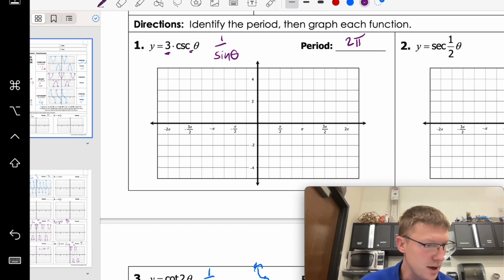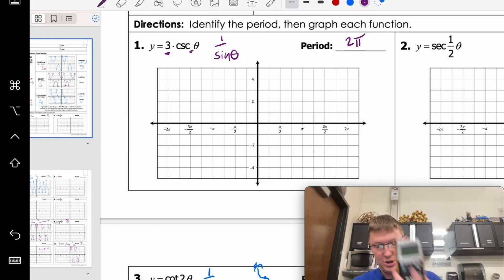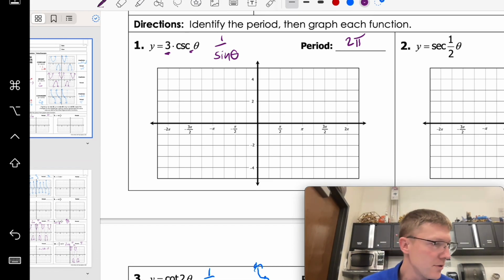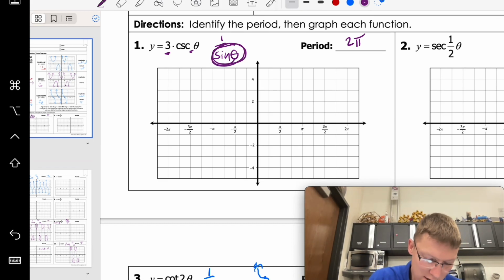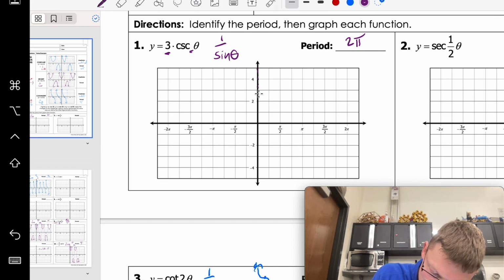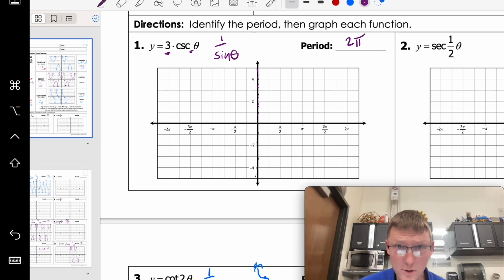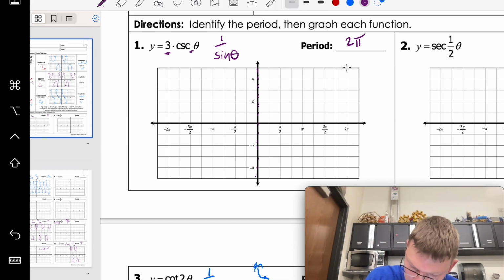So if you know your trig functions, you know that sine of 0 is 0. In which case, if you don't, I just checked it on a calculator because I'm very non-confident about my trig abilities. But anyway, sine of 0 does equal 0. So that means that this thing blows up, meaning it's undefined, and we have an asymptote at theta equals 0. So that also means that we have another asymptote at 2 pi